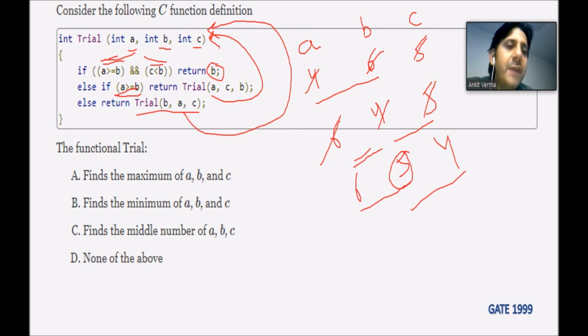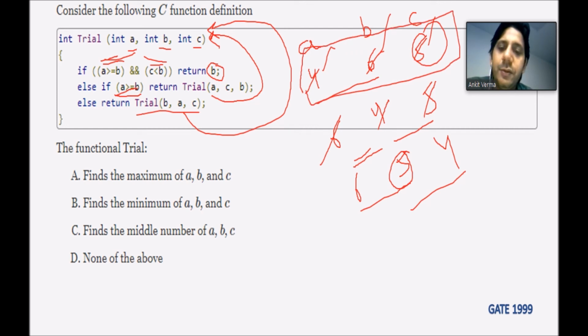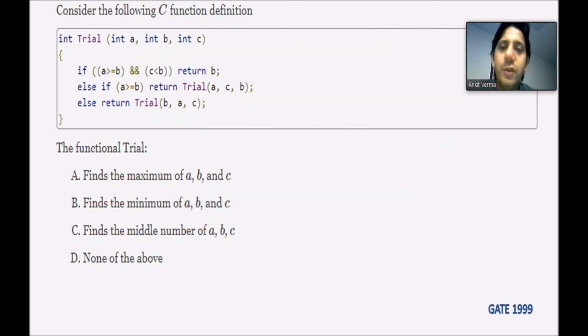But the values you input were 4, 6 and 5. Is 5 the middle number out of these numbers? No. We are asking for the middle number. So earlier we crossed out those options, and the middle number option is also incorrect. So the answer is D. The middle number is somewhere just like if we have entered A, B and C. Who is middle out of these three numbers? B is the middle out of these three numbers.